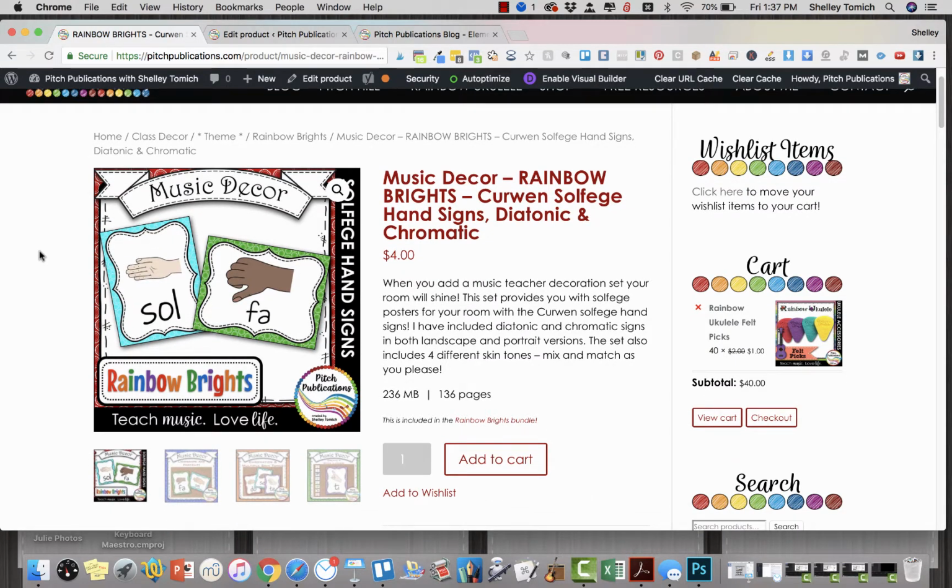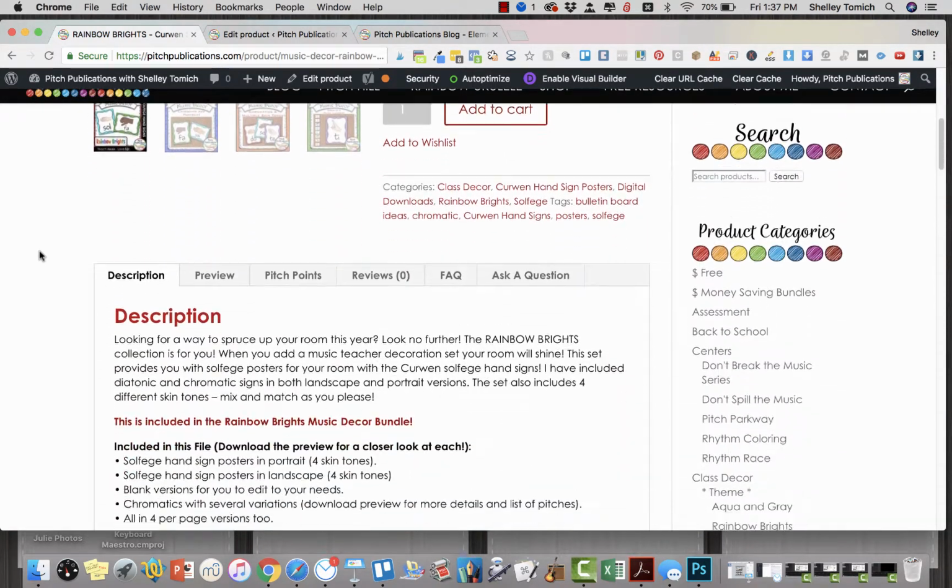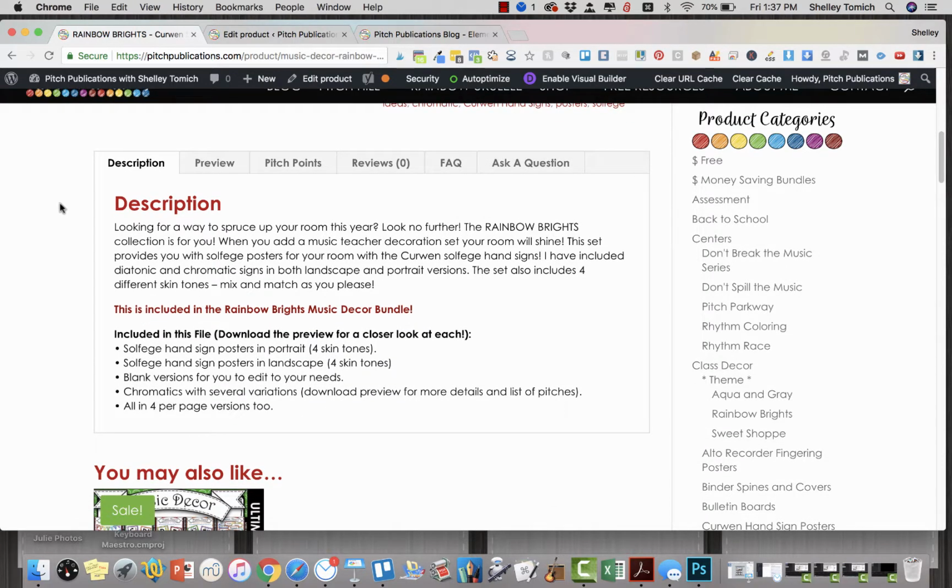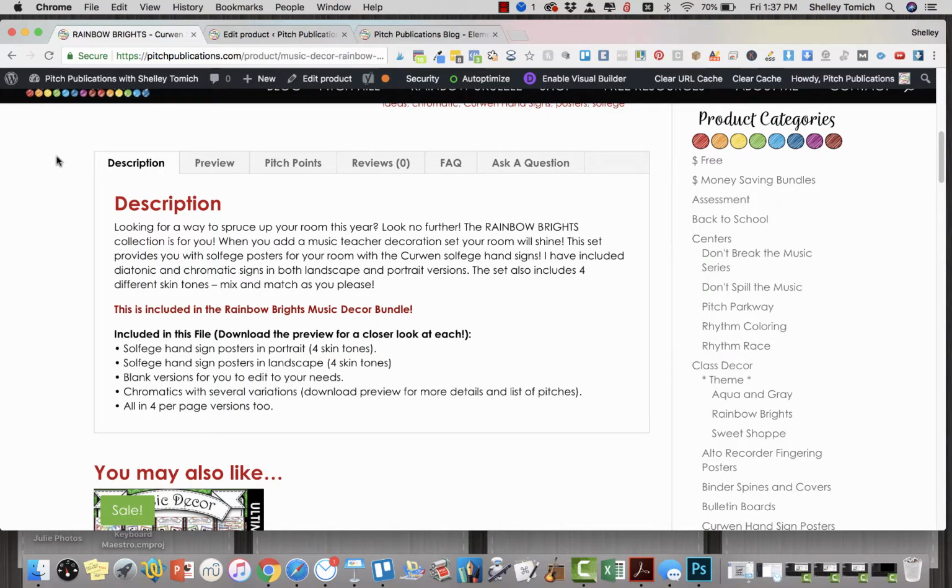Hi, I want to talk to you a little bit about custom tabs. If you scroll down here, by default, WooCommerce only has a couple of tabs that you can actually use. I went ahead and bought a plugin so that I can make extra tabs based on what I wanted to